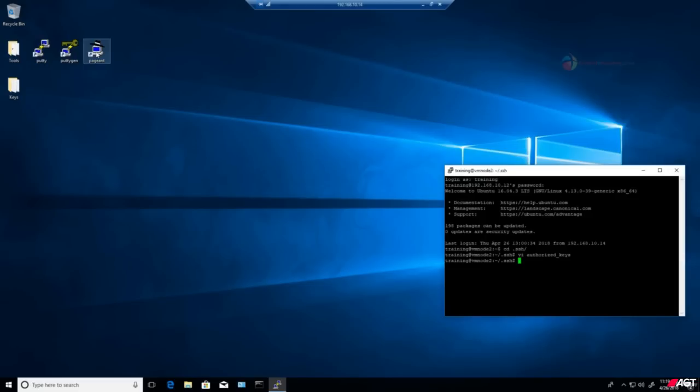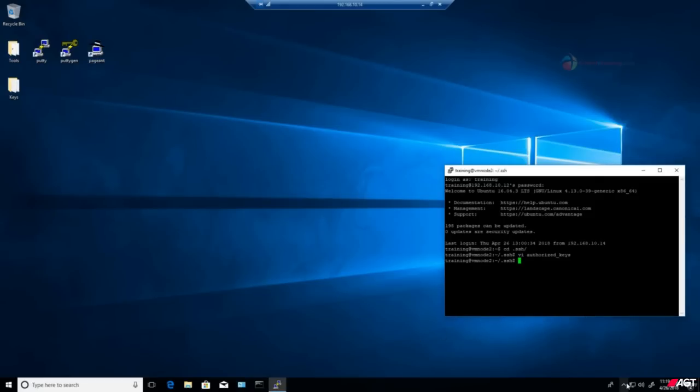Now let us see if we can mitigate this as well, meaning we don't have to enter the passphrase anymore. Now in order to make that happen, we need another tool. This is where pagent comes into picture. Now let us take a look at it. And by the way, it is very simple to use. We already have a shortcut on the desktop. Double click it